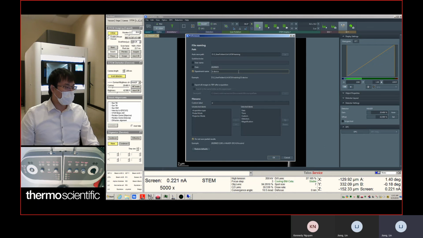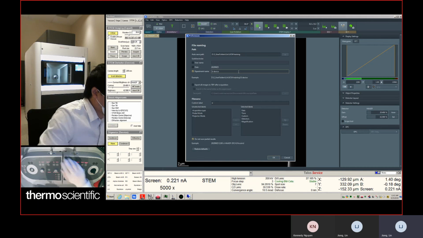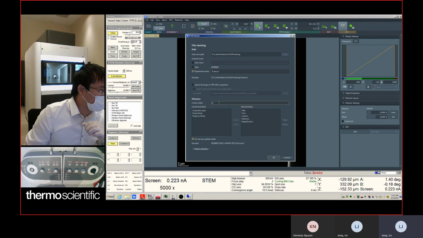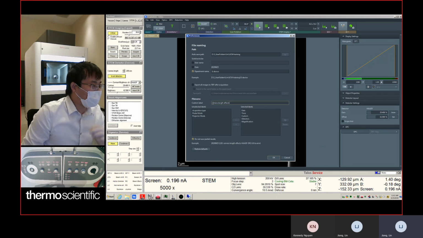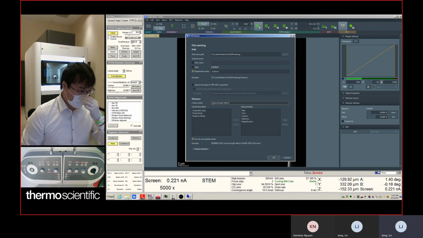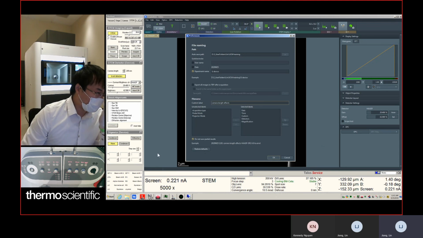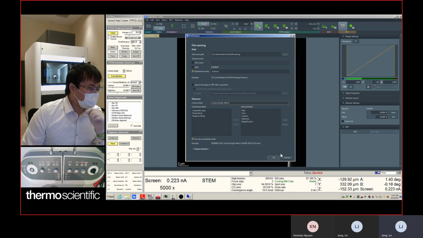Today we're gonna look at the camera lens effect. So you can add the label here, say camera lens effect. I'm gonna summarize the camera lens effects, take some images, and you can share with the user to let them know how the camera lens affects the image quality and the image contrast. Okay, and then once you feel okay with it,